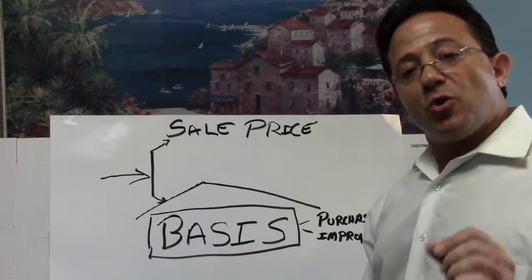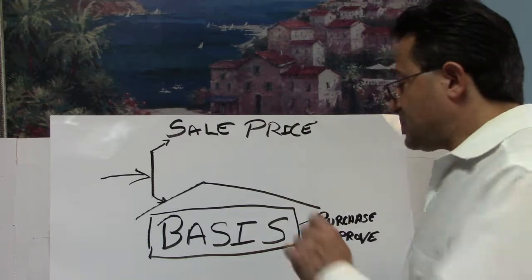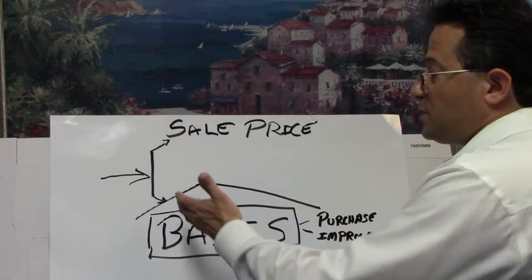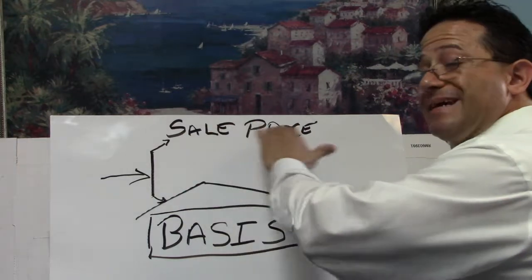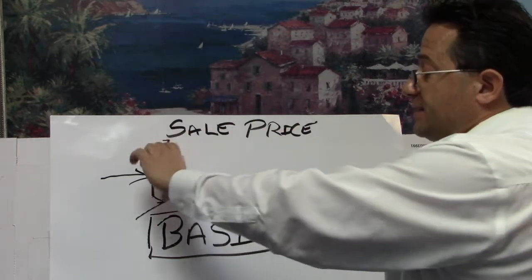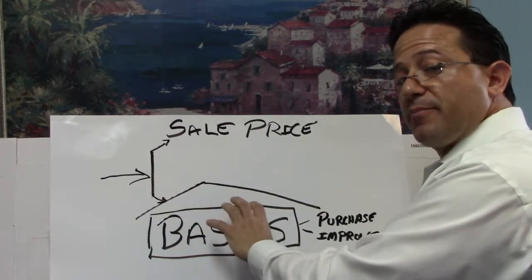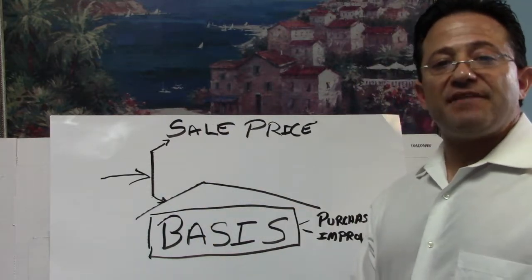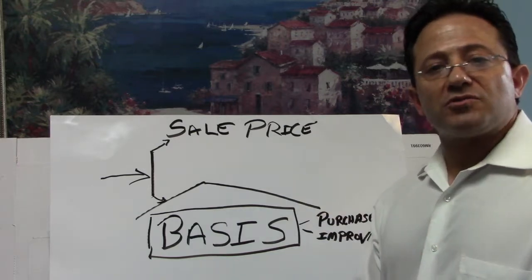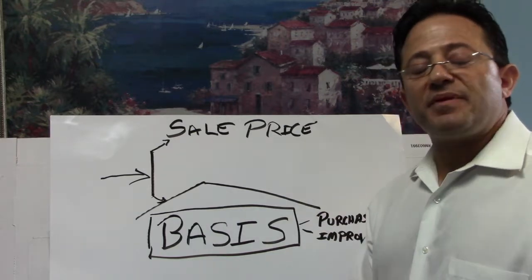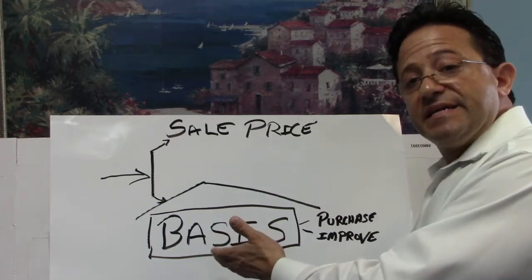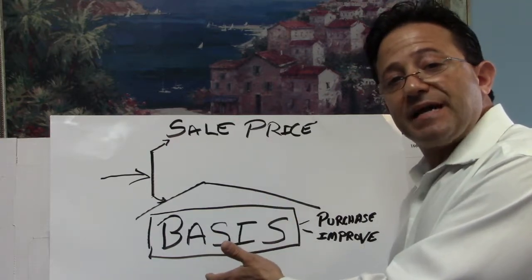All right. So the first concept we need to understand is your basis. Now the basis is your starting point, and what you have as a sale price, which might be today's price. Okay, there's a gap in between usually your starting point and your sale price. So let's say you bought your house back in 1984 for $100,000, and today you're selling your property for $500,000. Well, your starting point is $100,000 back in 1984, folks.